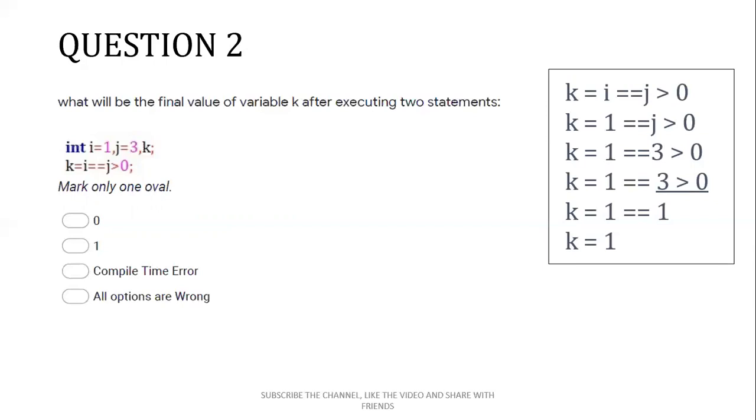first you can see your assignment operator. So what are the two operands of assignment operator? Because assignment is a binary operator, there will be two operands. So left operand of assignment operator is k. What will be the right operand? You have to check its right operand can be i, or it can be i == j, or it can be i == j > 0. So how are we able to find it?